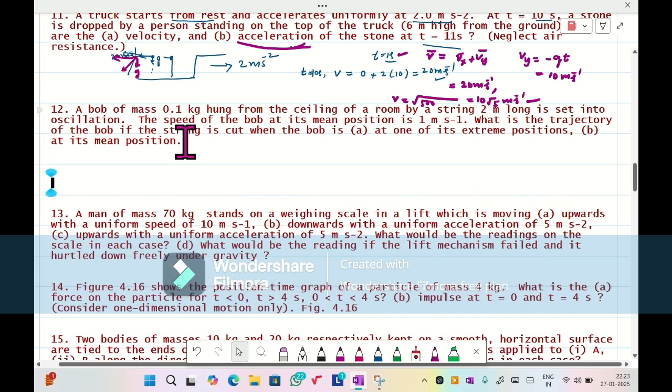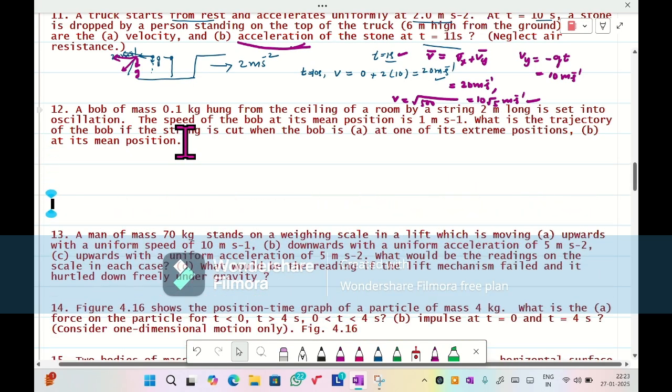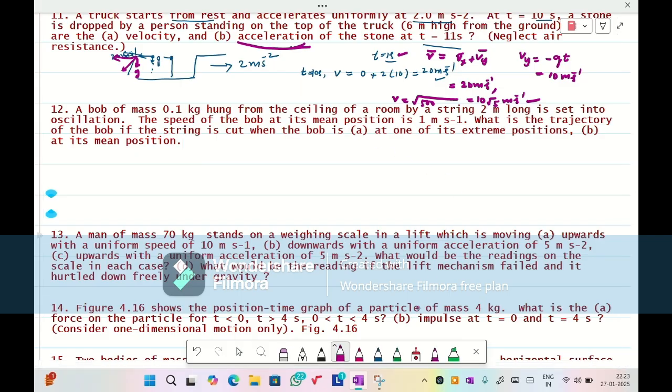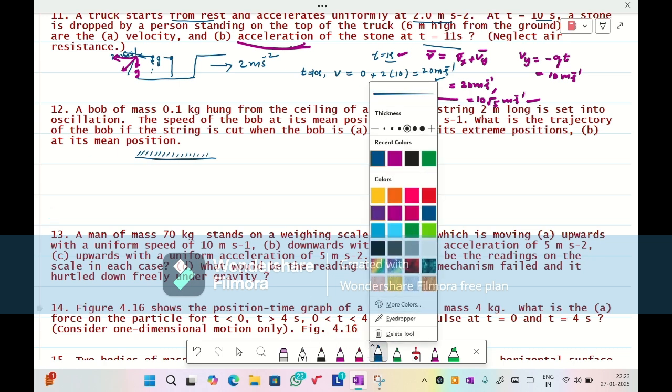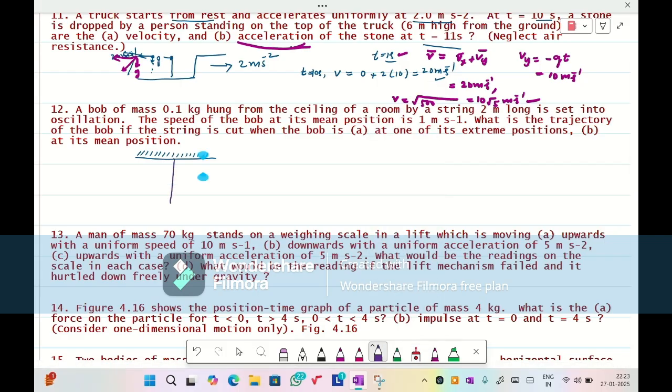Now see, a bob of mass m hung from the ceiling of a roof by a string 2 meters long is set into oscillation, right? See, this is the ceiling. So there is a bob of mass 0.1 kg with a string length of 2 meters. It is set into oscillation, meaning like this: